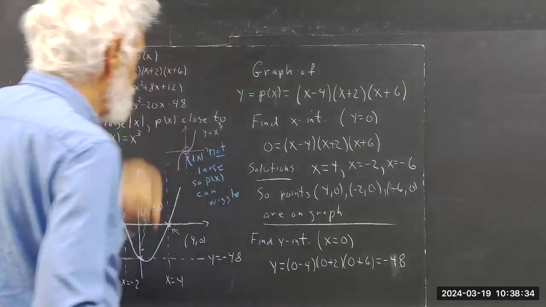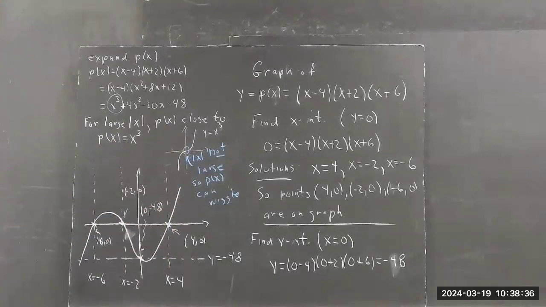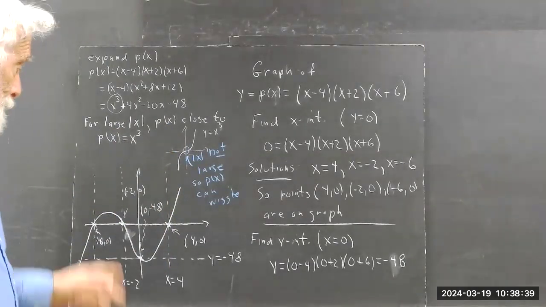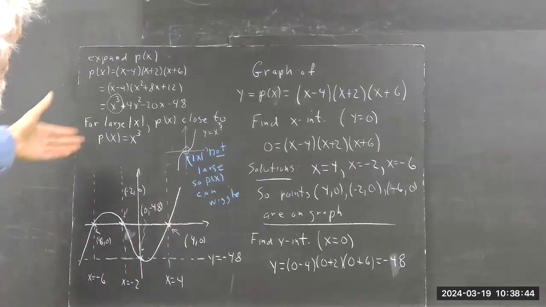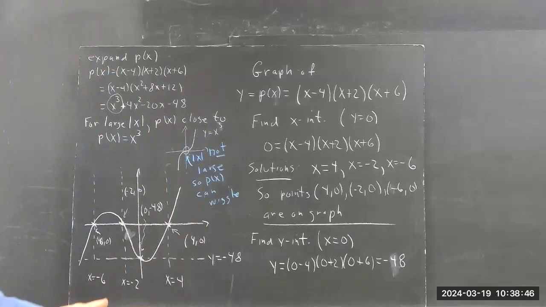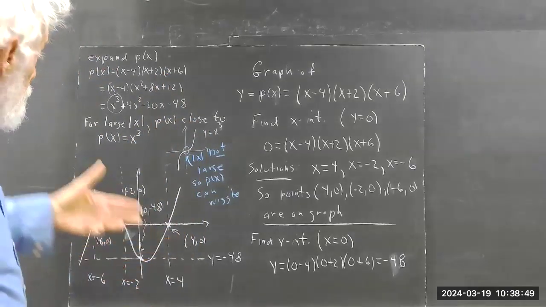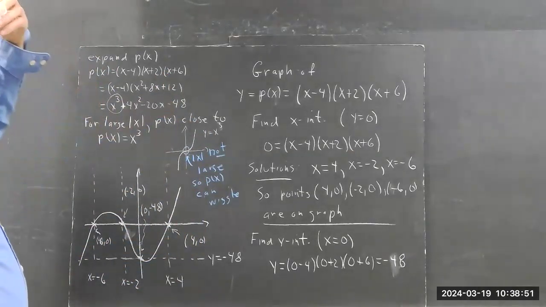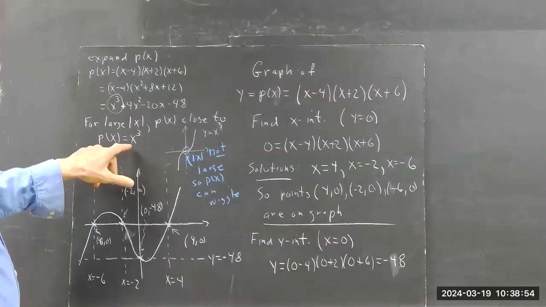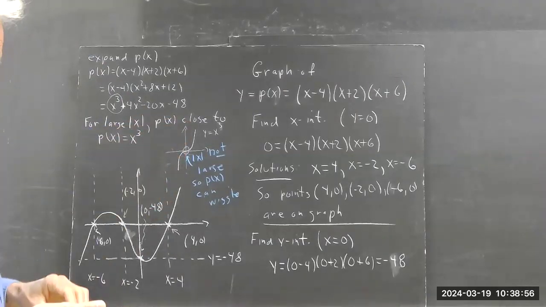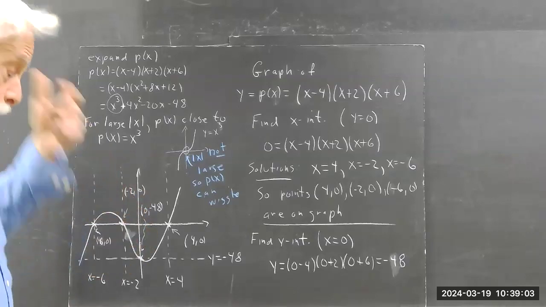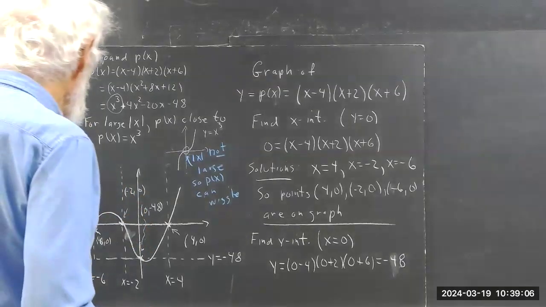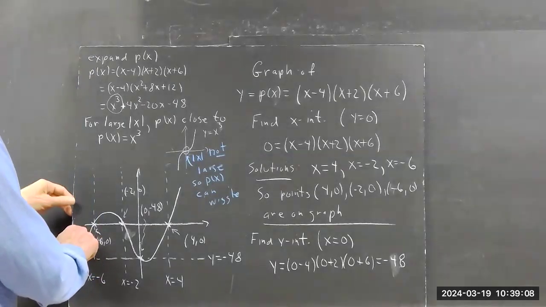So P of X can wiggle, which is what you see it doing here. It gets to wiggle in here for X values close to zero, but when X gets really large, and large might be a billion, P of X is going to act like X cubed. That's called the long run behavior. So as we go down this way,